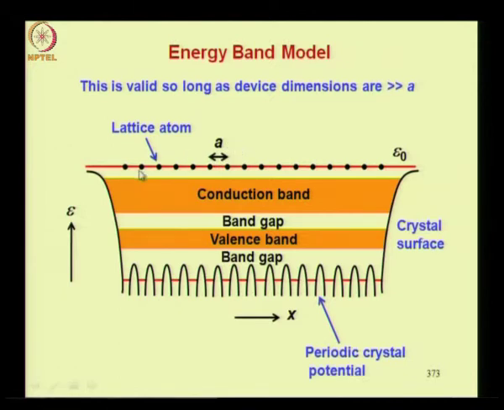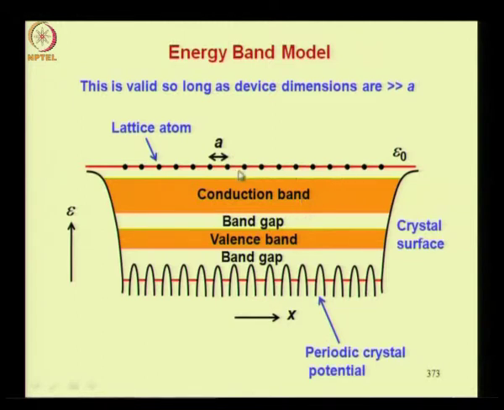So this is a one dimensional lattice, for simplicity we are considering, and this is atomic arrangement, regular arrangement of atoms. These are the atomic potentials. Now you see that these potentials are varying with a period equal to the distance between two atoms, and that is A. So long as your device dimension here, so this length is much more than A, in other words you should have numerous atoms here, only then the idea of a continuous allowed energy band is valid.